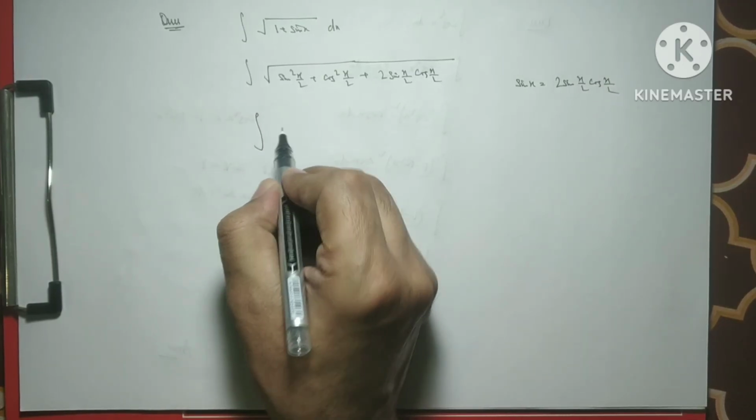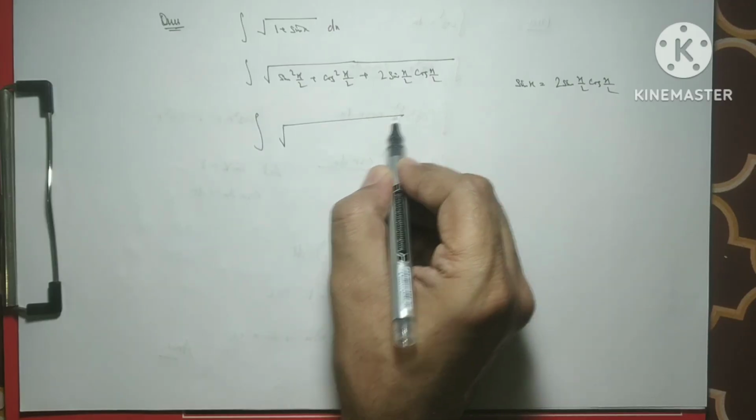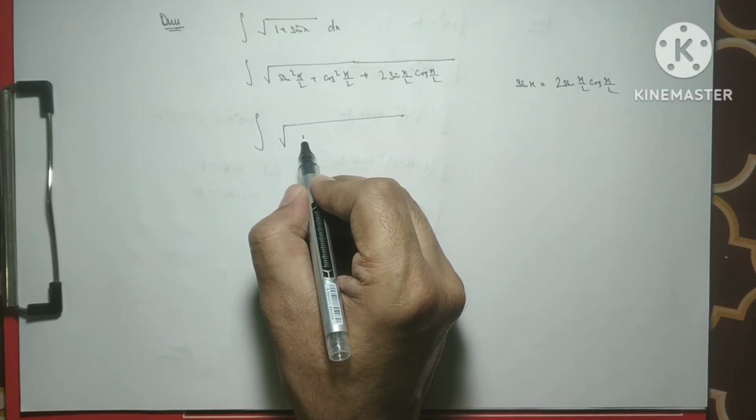And this is the formula of a square plus b square plus 2ab. So it is a plus b whole square